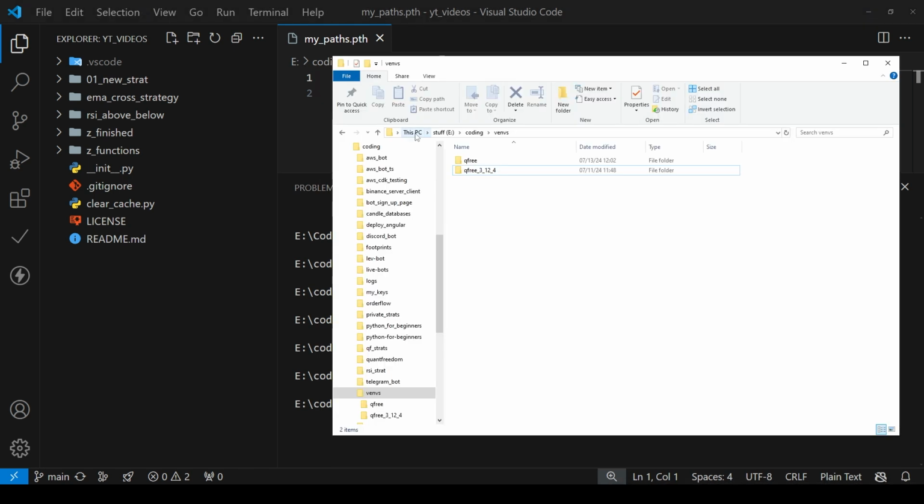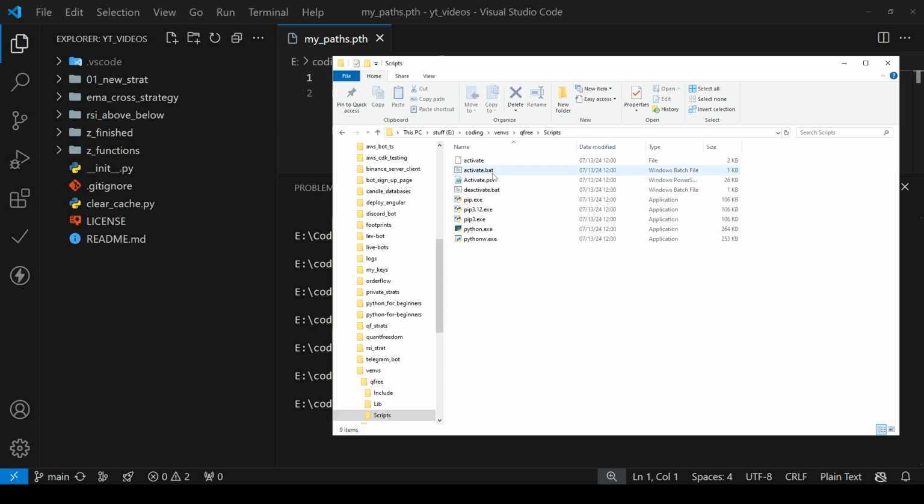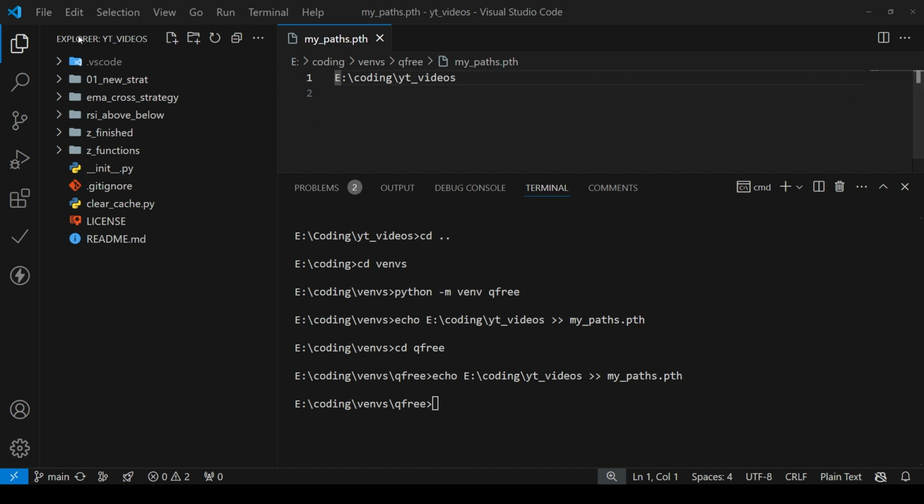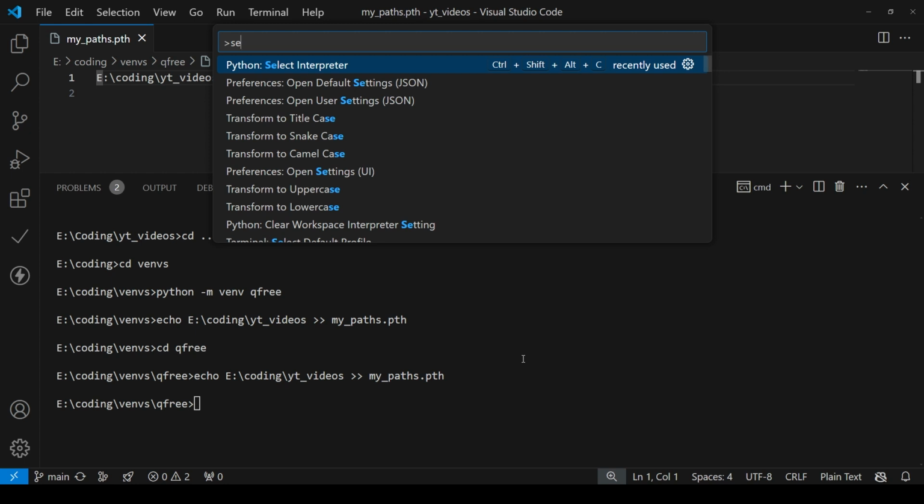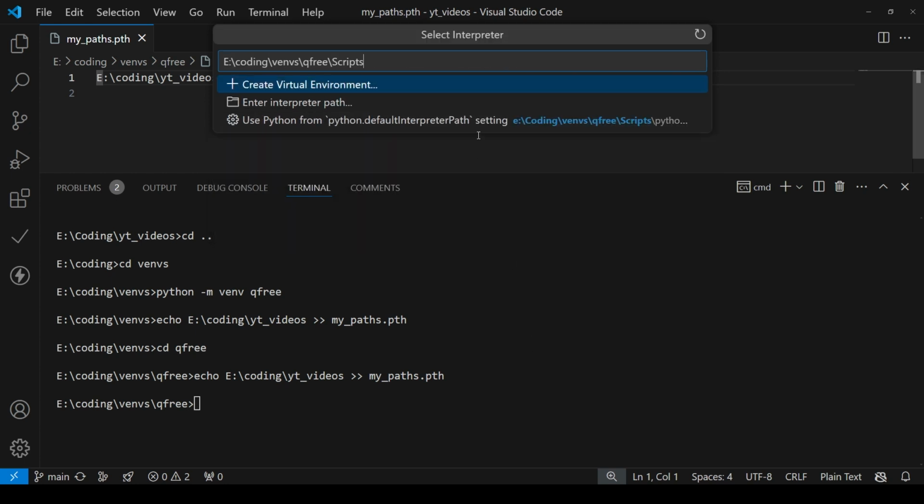So the way I'm doing that is I'll go into qfree scripts, and then I have this python.exe. I'm not exactly sure, again, what it's called on Mac, but it's kind of in the same area. You want to just find your Python file. And then we want to do select interpreter right here. So I did Control-Shift-P, select interpreter. And then you want to enter this path